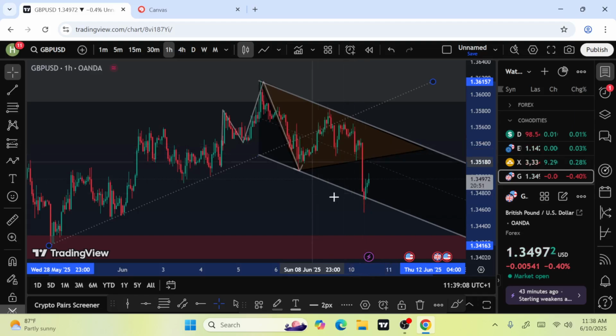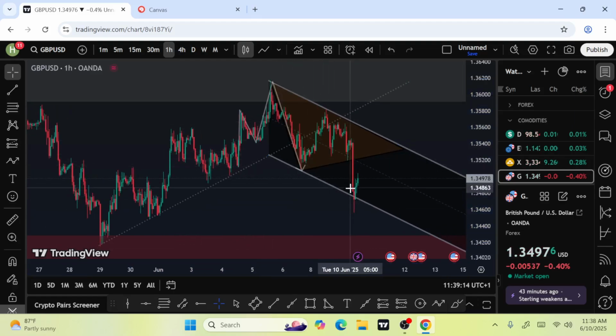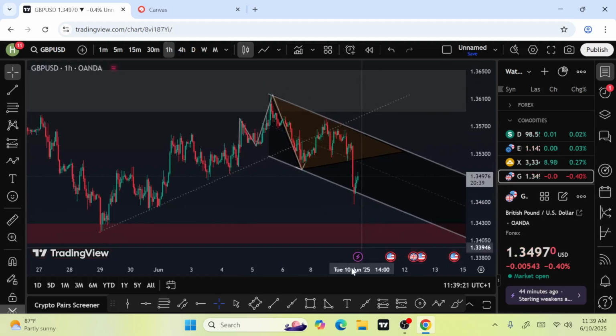Triangle, what is the effect? This triangle has broken to the low side now. This is ranging, the consolidation has broken out. Normally what I have done is I have done the box here. Not box, you cannot draw a box now, you have to draw a triangle. A box is not the consolidation. A box will give you a consolidation of equal highs and equal lows. But this one is giving you a combination of lower low and higher low. Do you still remember lower low and higher low?